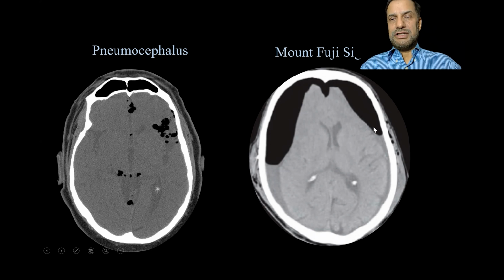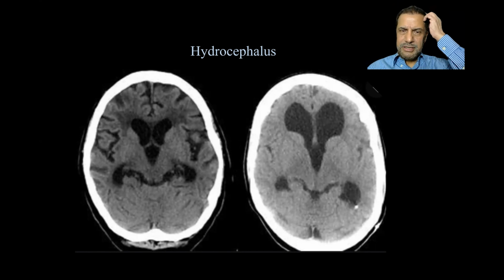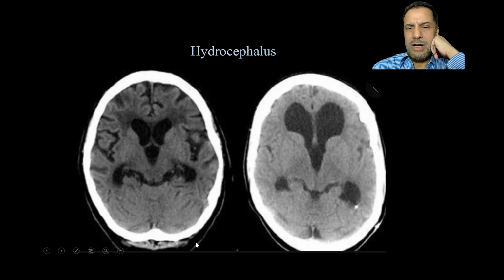It's called a Mount Fuji sign, where there's a lot of air in the brain, which is compressing the brain and creating a lot of intracranial pressure, rising intracranial pressure. Another common presentation that you see in CT scan is hydrocephalus, where the lateral ventricle is enlarged here, but not much periventricular lucency. Periventricular lucency means the low density area that is seen in the lateral horn, anterior part of the lateral horn